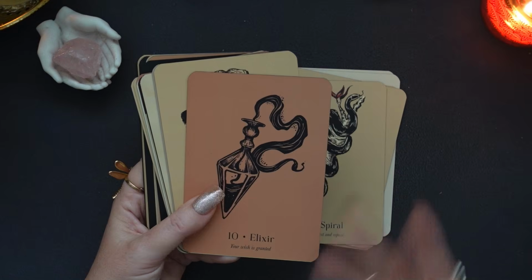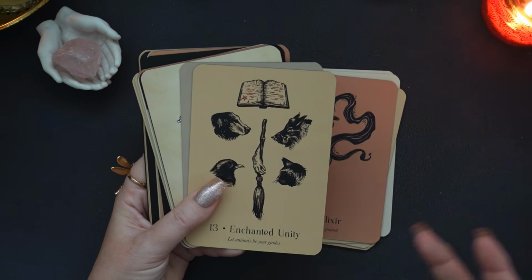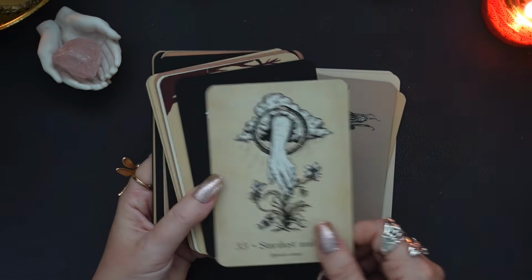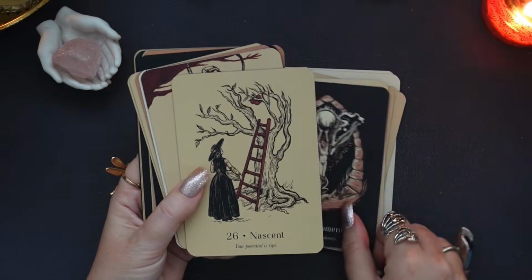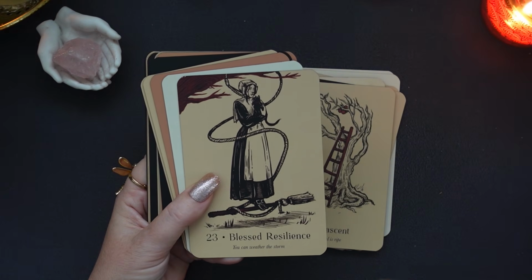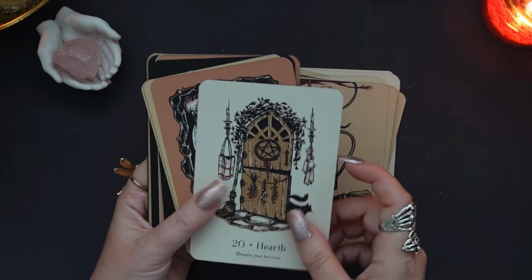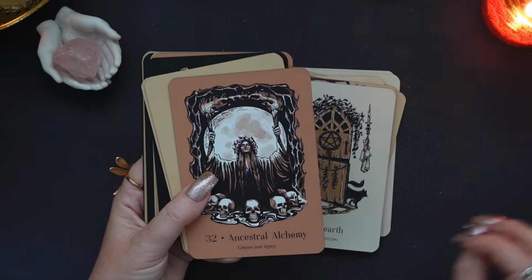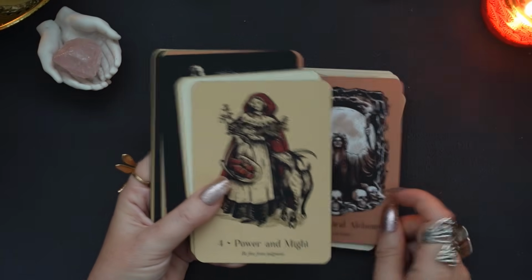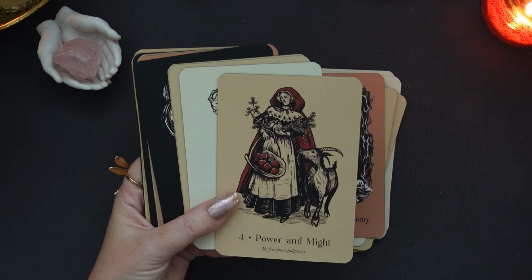So it's my fault. It's not the deck's fault. That's what I mean with that. The way in which I feel like I resonate with them whilst I'm using them is a very limited way, and it's also limited in time and also limited in the meaning of the practice or the way in which I'm using them. What I mean by that is that I don't feel like using those witchy decks all the time. This one, however, is as complete, as balanced to me, or it feels as balanced to me as a